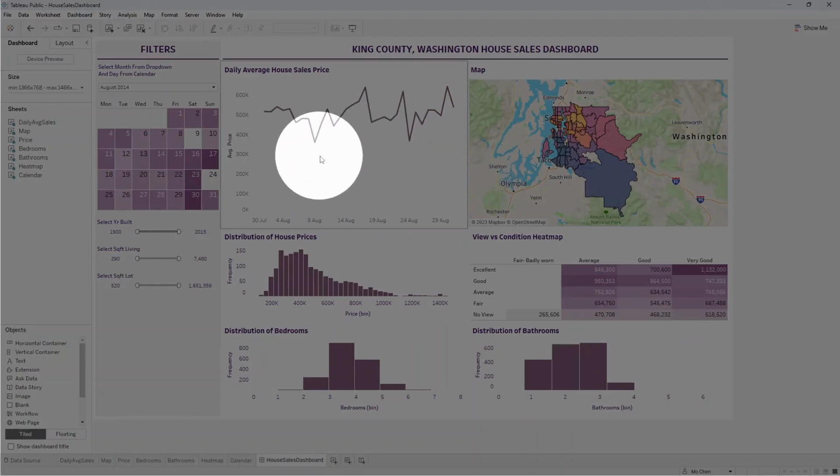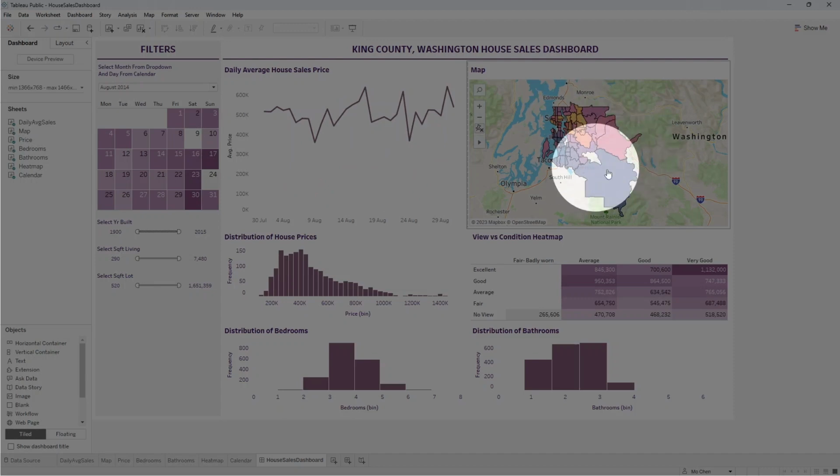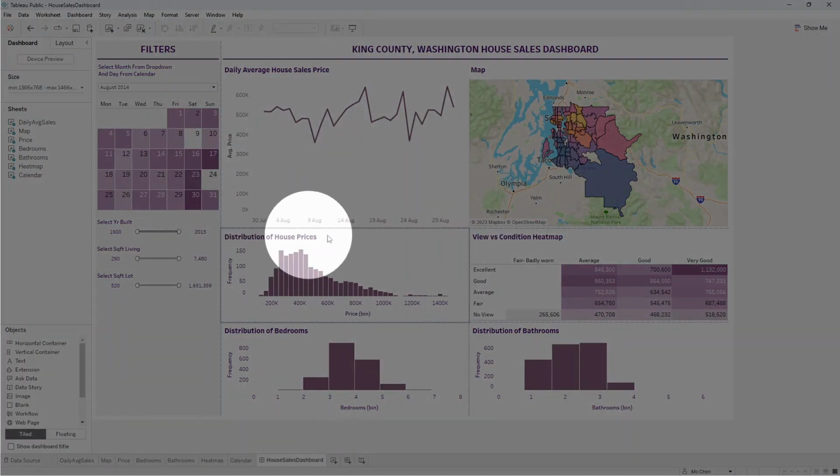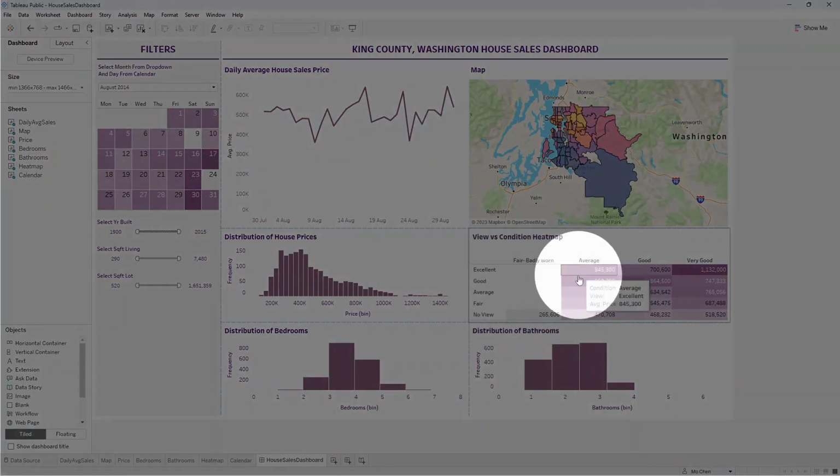We have a line chart with the average house price, and then we have a map next to it where I drag the average price onto the color shelf. We also have 3 histograms, one for house prices, one for the distribution of bedrooms, and then another one for the distribution of bathrooms. And then right here, we have a heat map where you have the view versus the